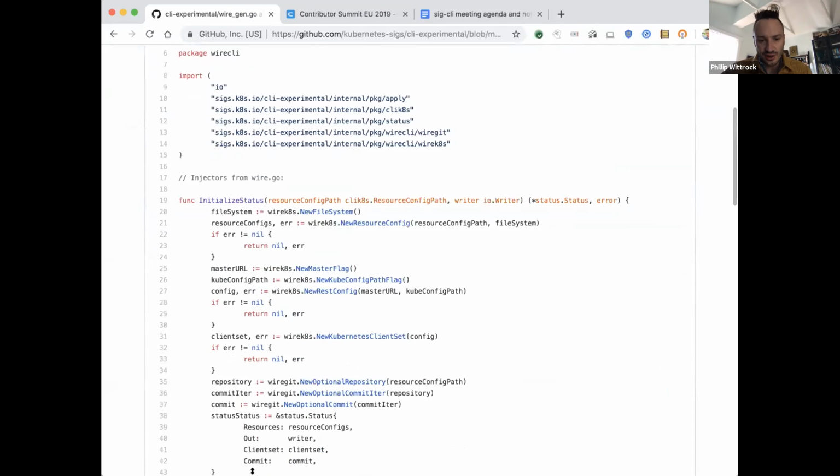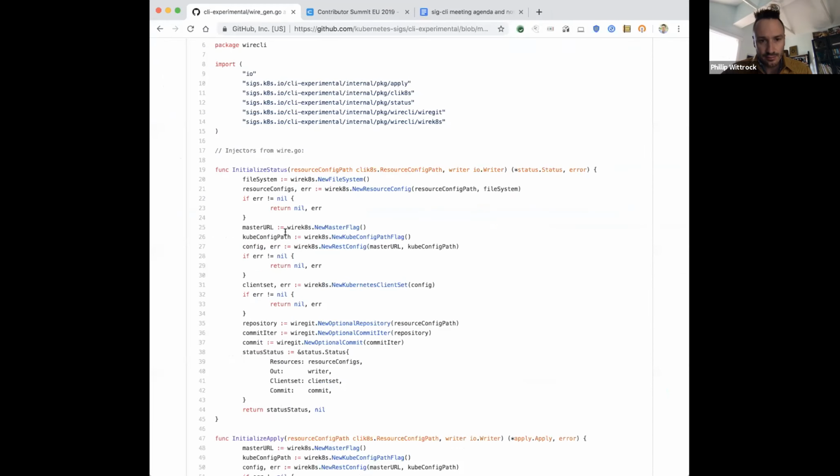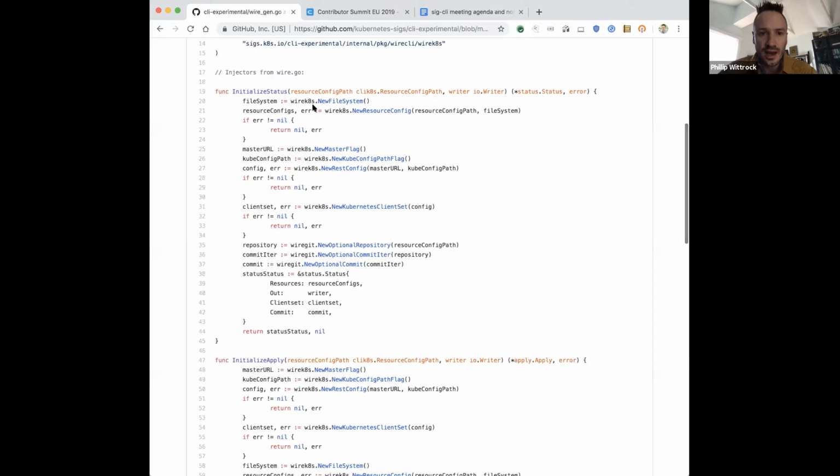This is a file that gets generated. And so effectively what you're seeing here is this initialize status command. There's a status structure, and you can see it down here at the bottom. It takes resource configs, a writer for output, a client set, and optionally a git commit. The git commit's there because I thought it might be nice to be able to annotate resources with the git commit if we're pulling them out of Git,